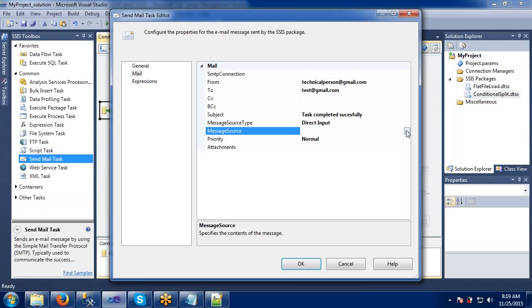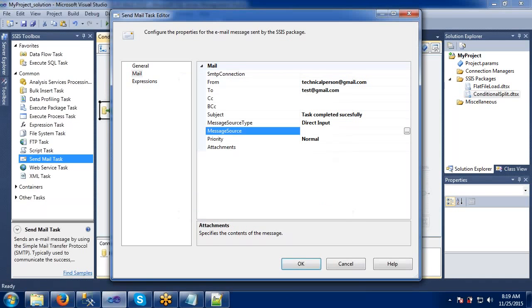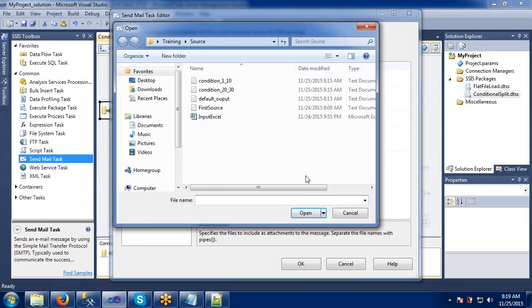Message source means if you want to add a signature or something, we can define our own here. Attachments, if you want to attach something like a screenshot, we can also take that. Generally we don't attach anything, because it's automated.